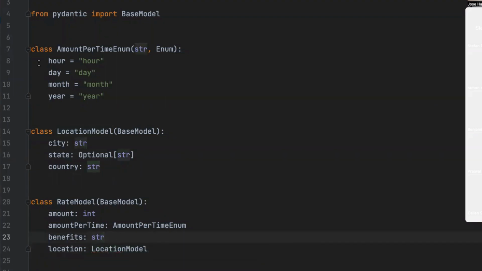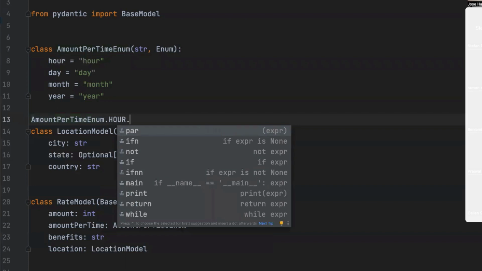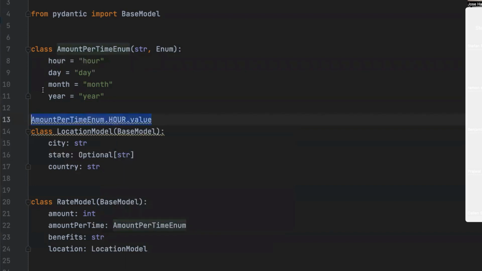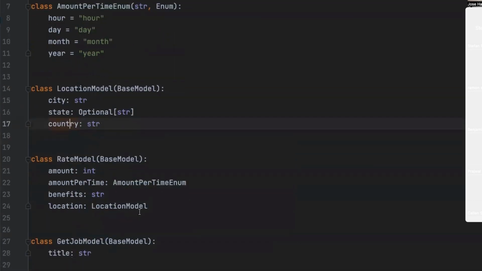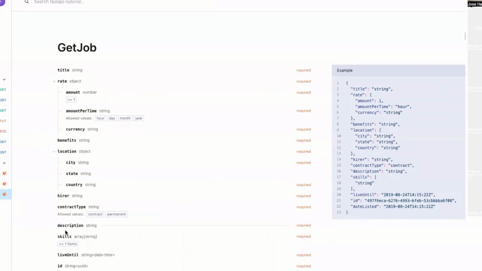Another thing also, the Python documentation, when doing enumerations, recommends you put values here using caps instead of lowercase. I'm leaving it as lowercase because it matches the actual value of the enumeration. The reason they recommend caps is so that when you access the value, you would say hour, and then you remember, oh, this is actually an enumeration, so I need to call the value property to get the actual value. So that's the reason. So we have the rate, location,